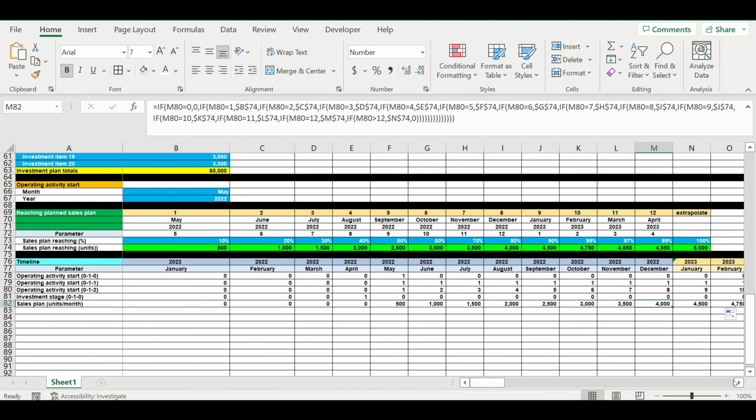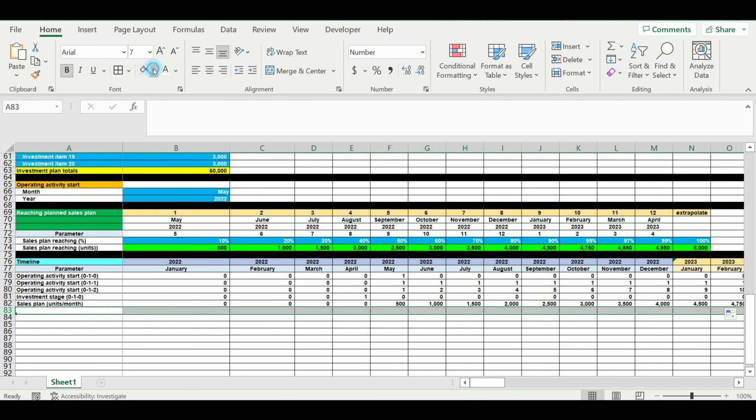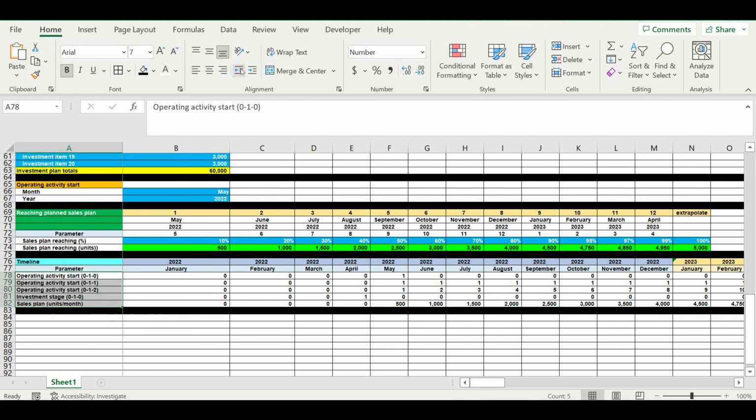So that's why somewhere here the project may have some operating losses that we will be able to see. Then let's finish this block and move to